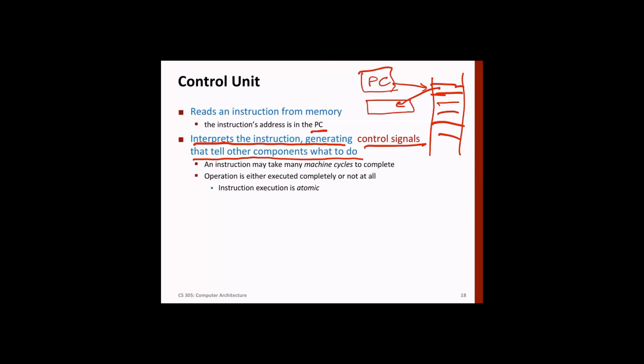So an instruction, as we discussed, may require a large number of steps to execute. It may require multiple machine cycles to complete. Now, note that instruction execution is atomic in nature. I'm sure you would have studied this word somewhere or other. Atomic means that either instruction execution is completed or not completed. It may not be intermittent. It's not that out of, say, 5 steps in an instruction, it will execute only 2 and not execute the remaining.